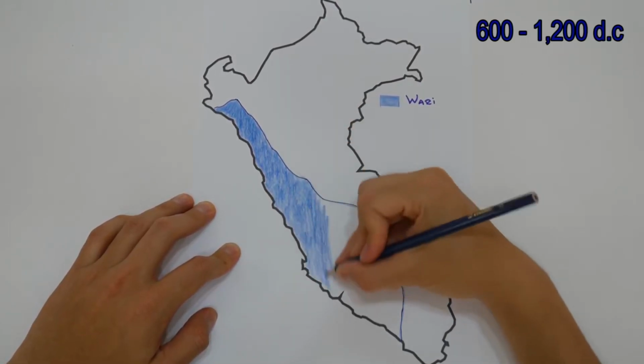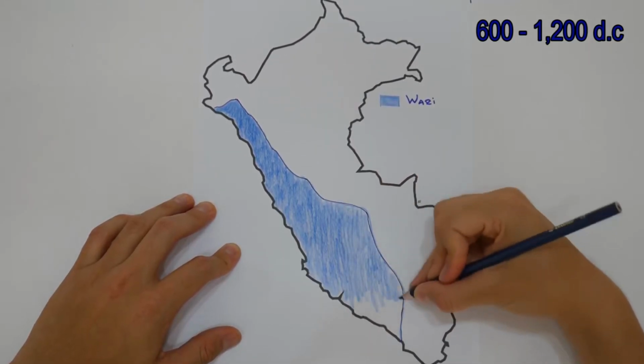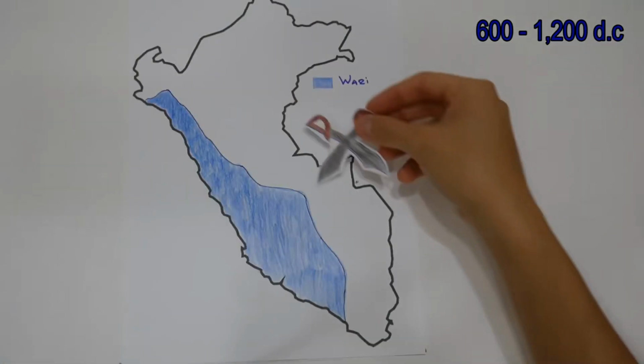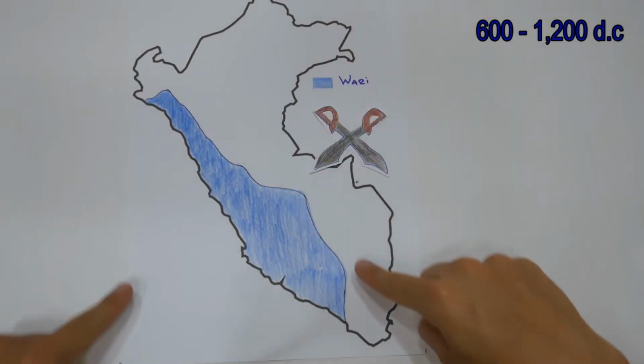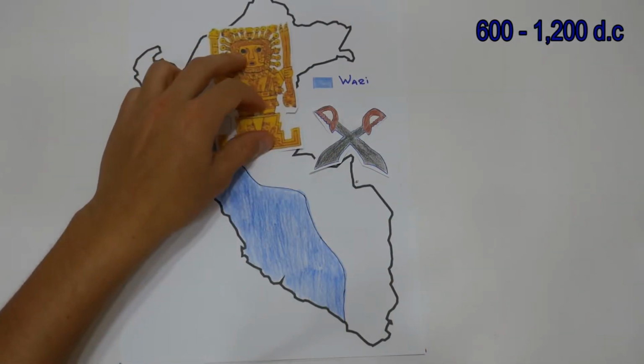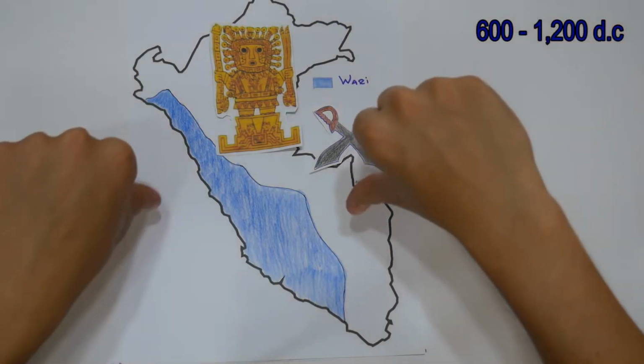So what makes the Wari culture distinct? Many historians claim that it is the first great empire of South America, as its great expansion was due not only to military conquests, but also to a process of assimilation of various peoples to the administration of the Wari culture, imposing their religion and government. Like every great empire, Wari begins its decline at the end of the 11th century,